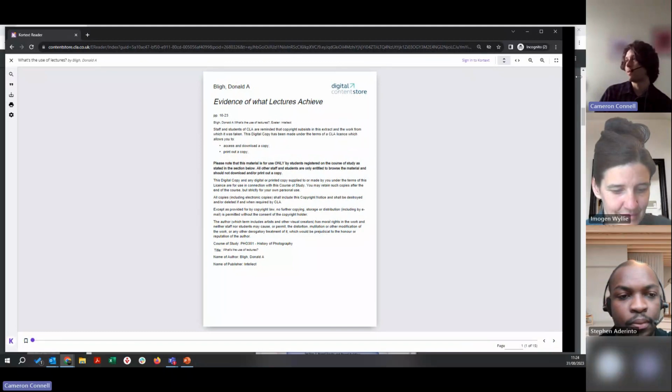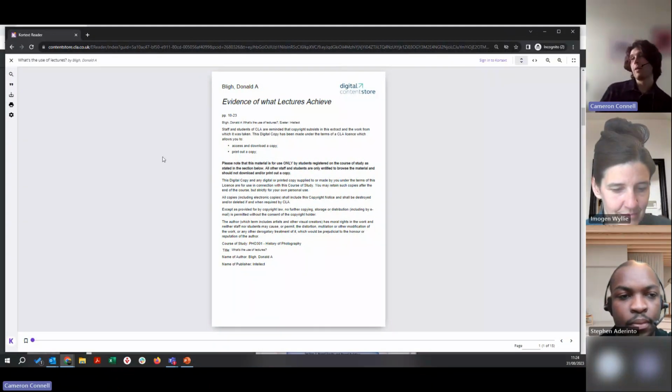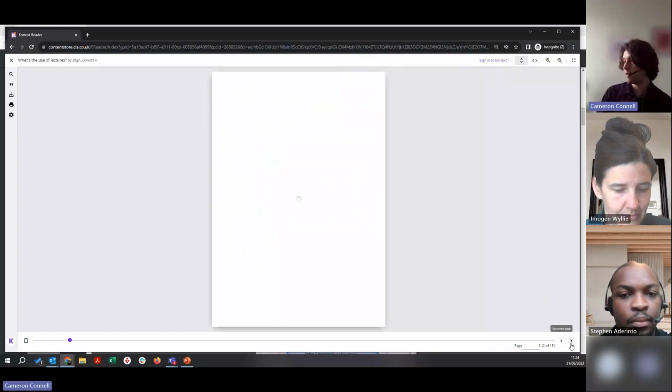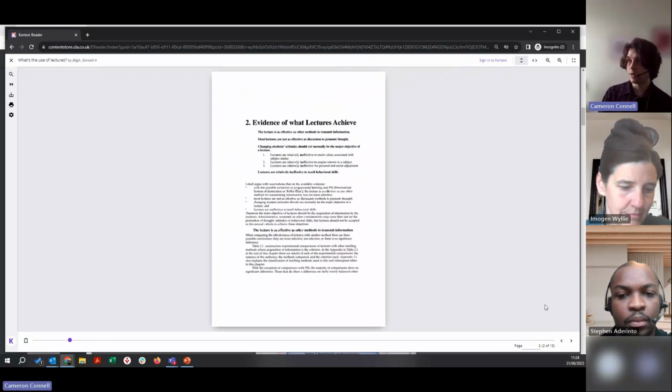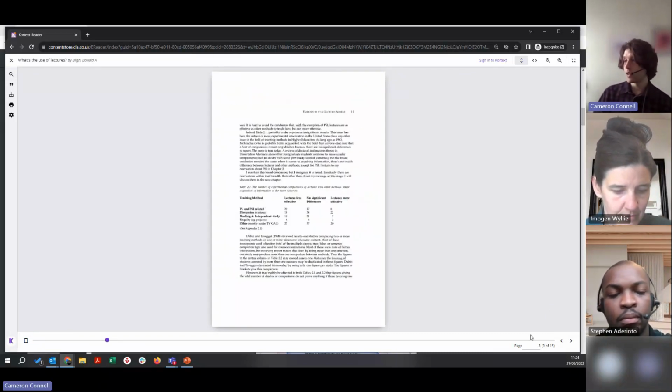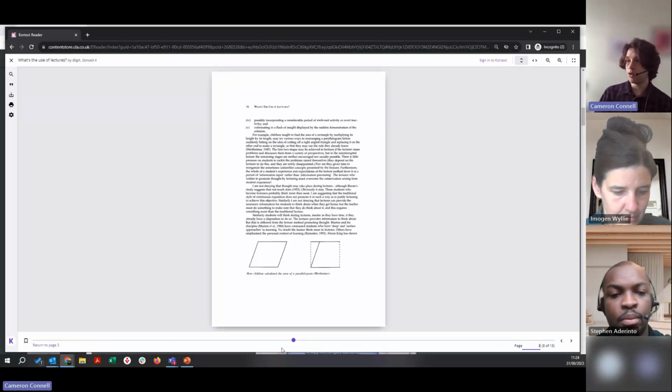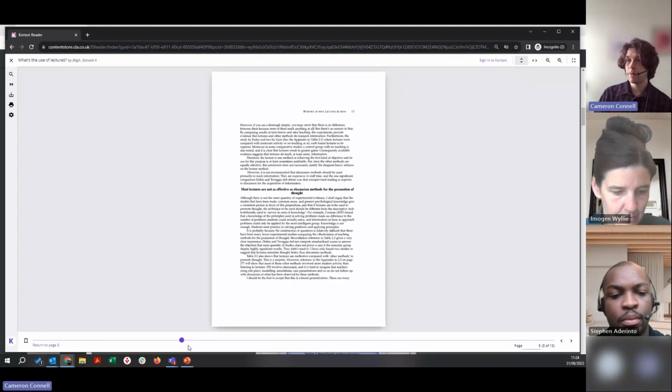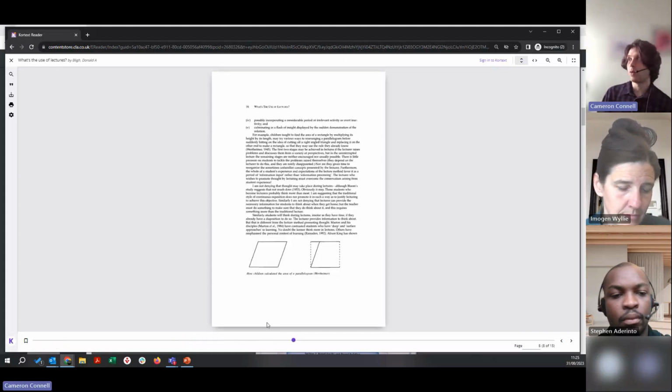Anyway, there are a couple of ways you can navigate the scan on the anonymous reader. You can see those arrow icons at the bottom that you can flick through. You can also flick through using the arrows on your keyboard. You can also enter a page here and it will take you to that page, so let's go to page 8. Or you can drag and drop using the scroll bar here. If you do that, you can use the return to page button in the bottom left-hand corner, and that will take you back to where you were previously.